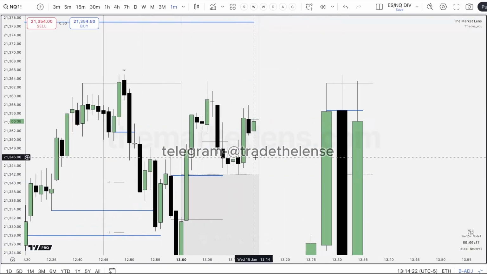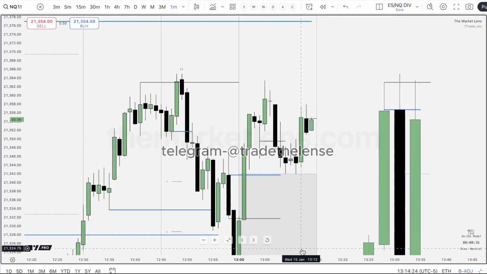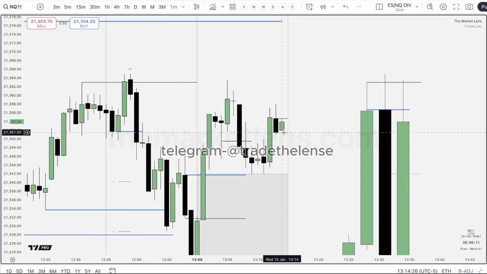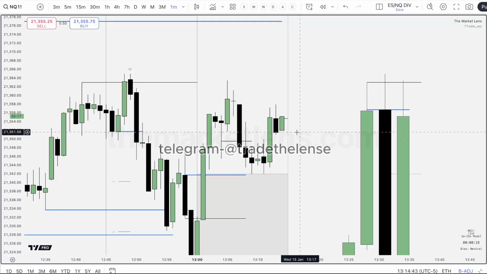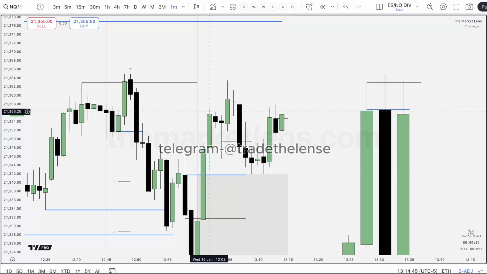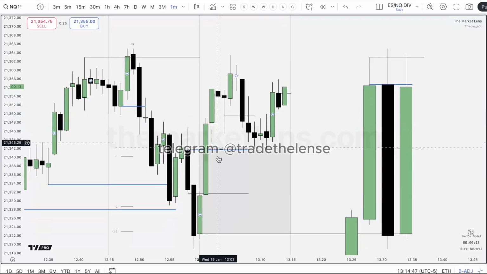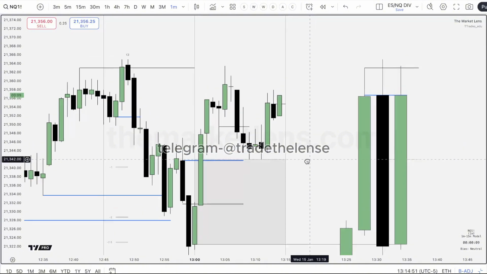I don't like doing this on the 1 minute because it's just so finicky. But you see how we're lacking a wick right here on the lower? We only moved higher. So that's why I want to see it go higher first, hit, and then I want to see this flip the open. So it's going to make its lower wick. It's harder to do on the 1 minute because the 1 minute will just close like that, not have a wick. So I prefer the slightly higher time frames. It's a little bit cleaner.